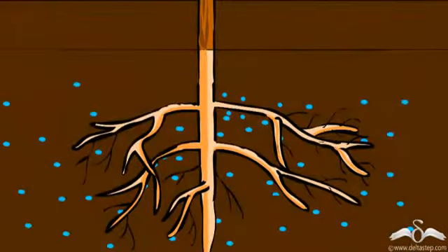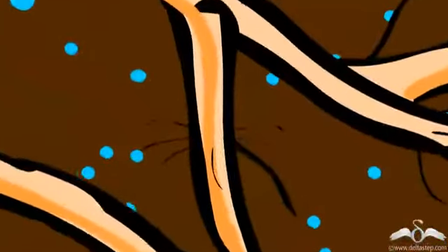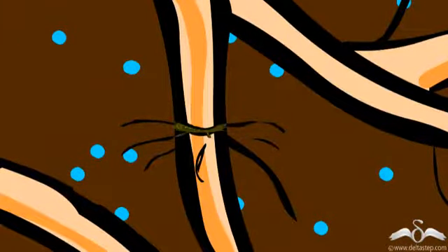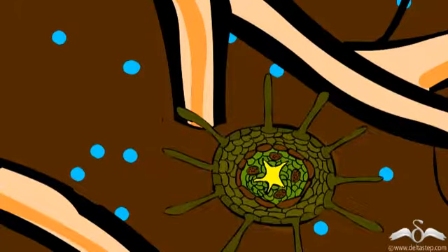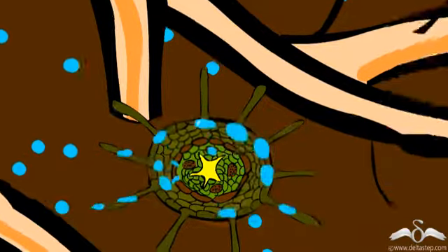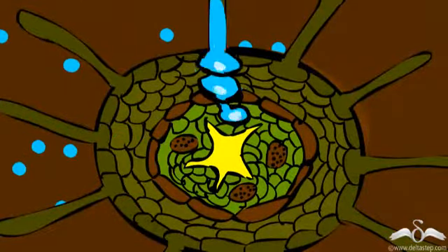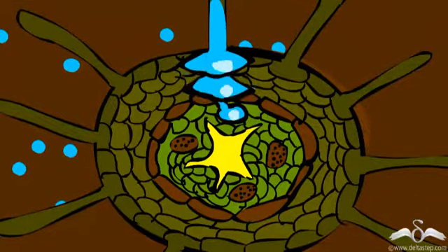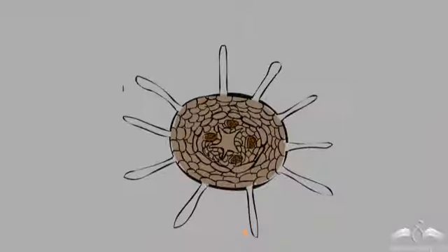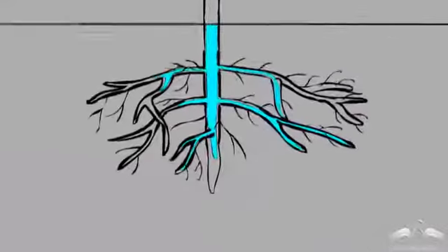Now, as the amount of water in the soil is greater than in the root cells, it enters the root cells due to the osmotic pressure. As the root cells take the water from the soil, they become enlarged or turgid due to water pressure. Now, from these turgid cells, water moves to the next cells which were flaccid till now due to osmotic pressure. This osmotic pressure is also known as turgor pressure.